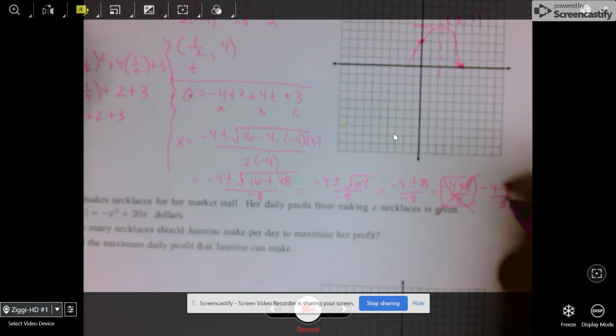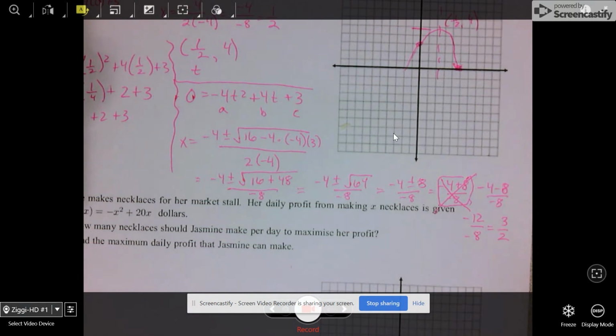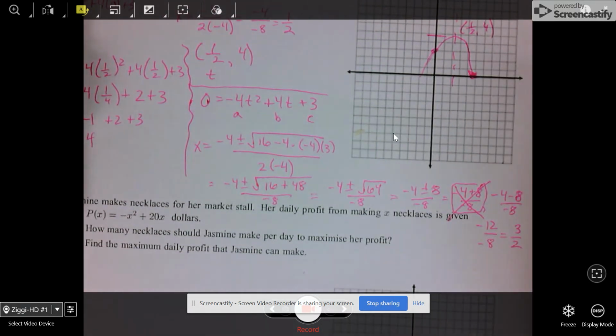Go to the second one. I'm not even going to read the problem. I'm going to find the vertex. So P of x equals negative x squared plus 20x. I know I'm going to use the vertex. There's no C here, so I'm just going to put a 0 there. Opposite of B